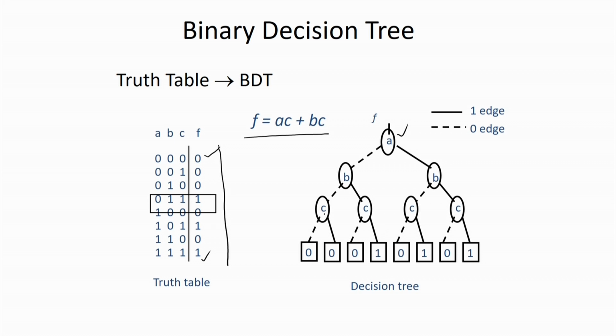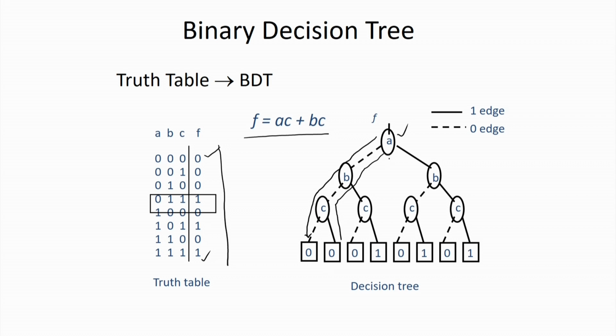Now, if I traverse, say, a equal to 0, b equal to 0 and c equal to 0, in that case I know that the functional value is 0. So, this is the terminal node. When a equal to 0, b equal to 0, c is equal to 0, my functional value is 0, and it goes to this particular terminal node 0. Similarly, if a equal to 0, b equal to 0 and c equal to 1, then again my result is 0.